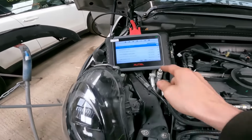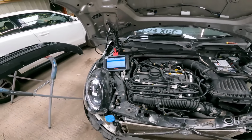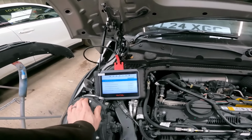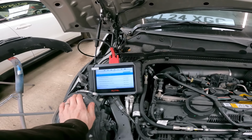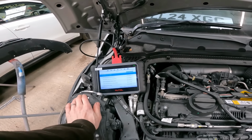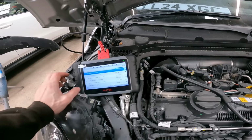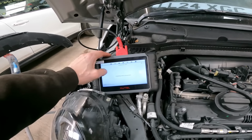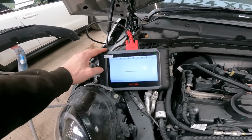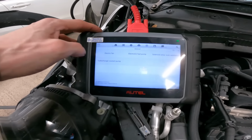We will just quickly erase the codes, and then with any luck we should be able to test this fan. So in the engine management control, we'll go to active tests, and then we've got general and then electric fan,